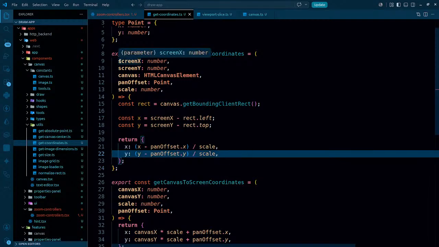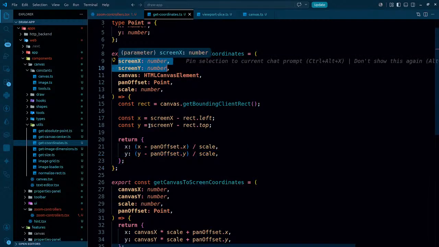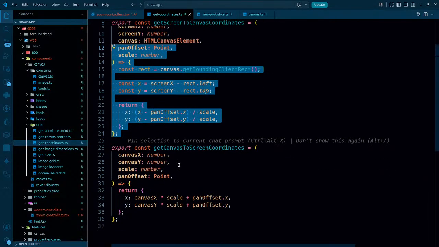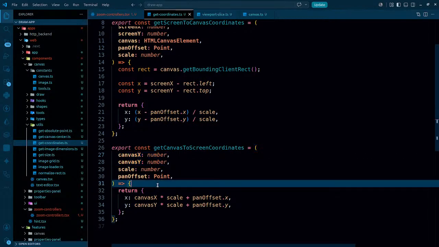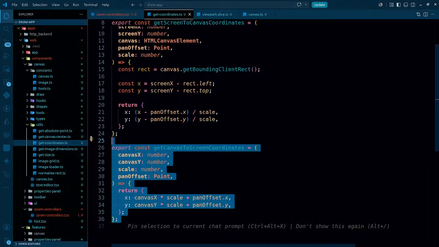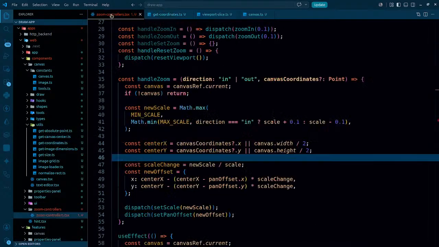So ultimately, I'm passing the screen coordinates. They are being converted into canvas coordinates, and over here I'm gonna pass the canvas coordinates. Canvas x, canvas y. That's gonna be converted into screen one. Coming back to this,